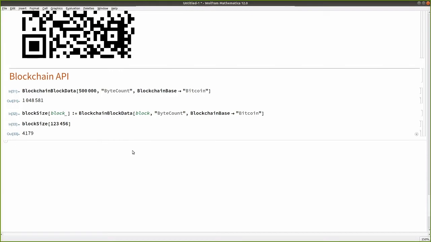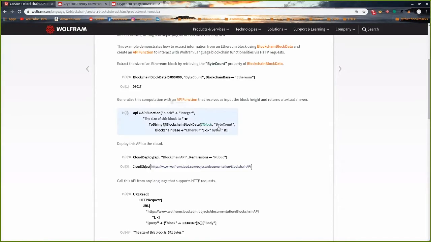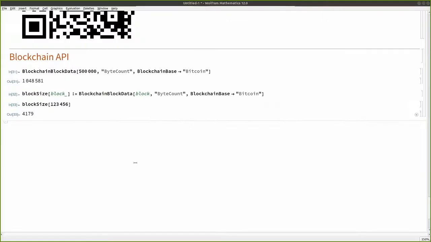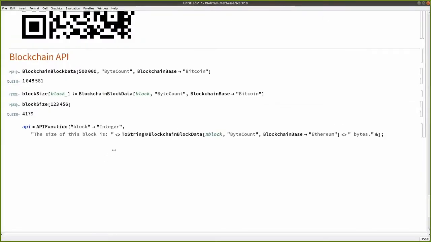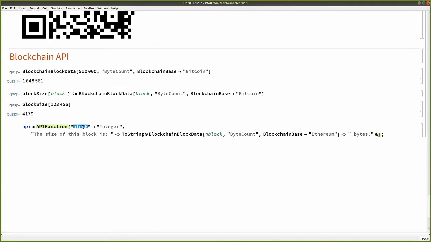Okay, so this is fine. This is working in Wolfram language, but what about if I want this to work from another language or another system? So I have this API function where I'm defining one parameter that is the block, and